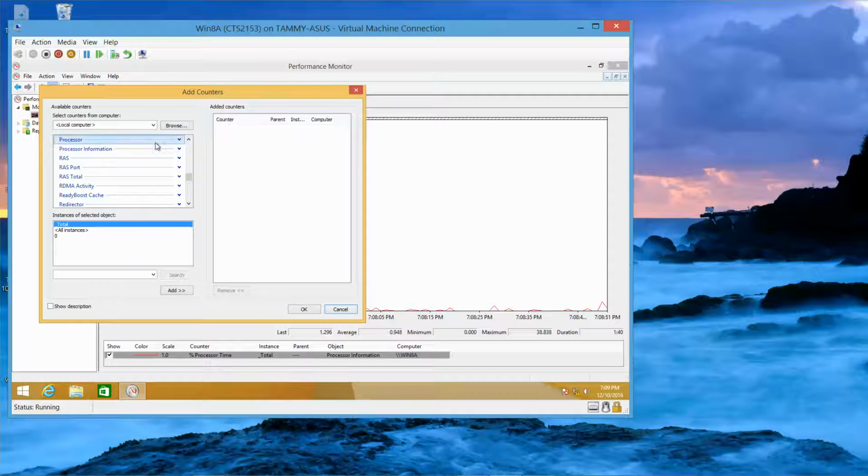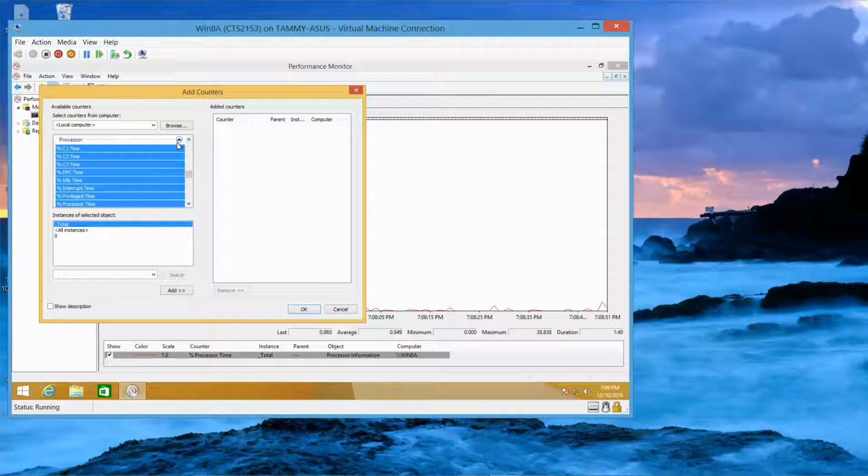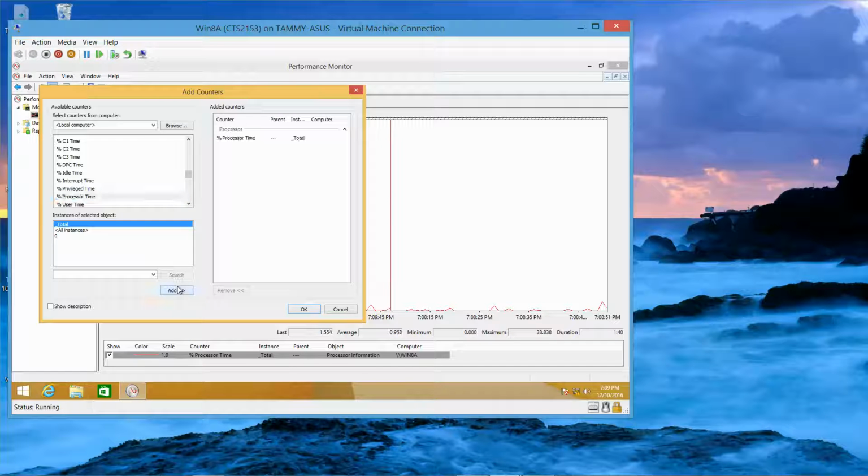And then processor, and then percentage processor time, and we're going to click on add, and it's been added to our added counters. Now under available counters,